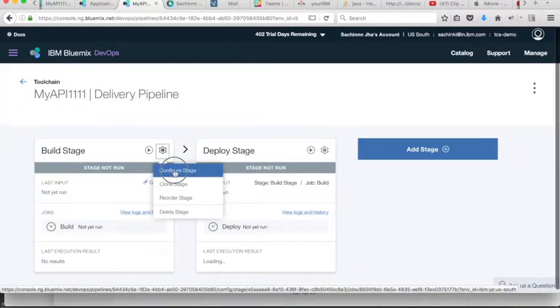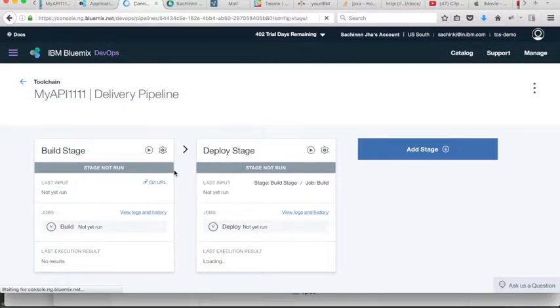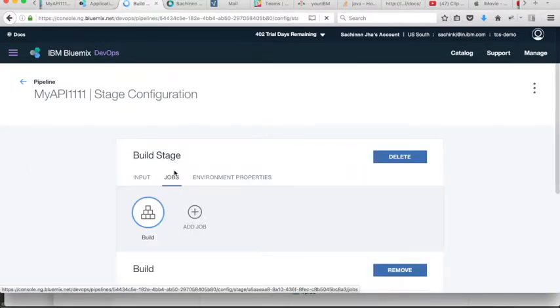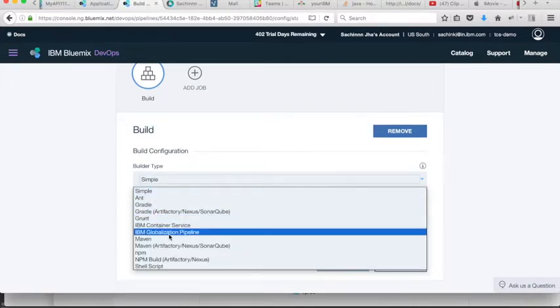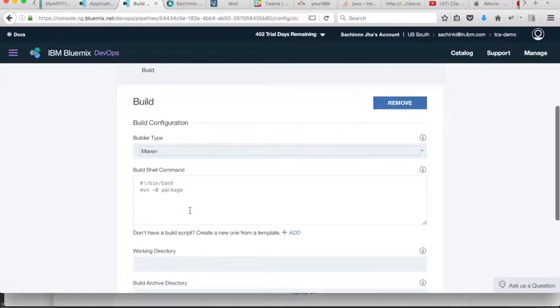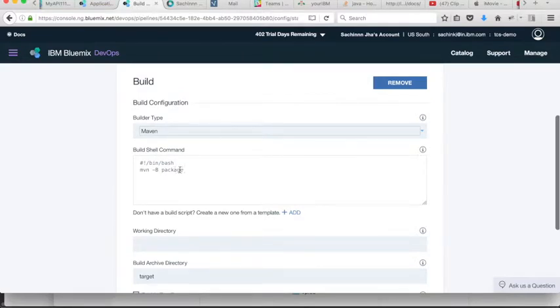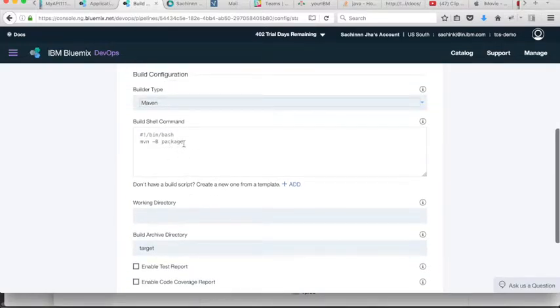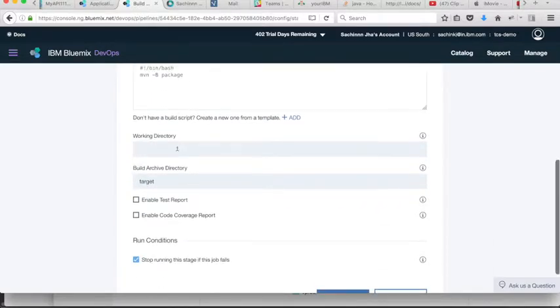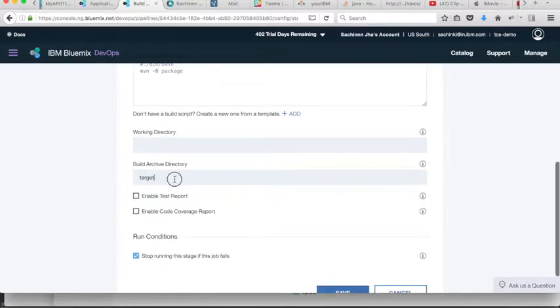So what we need to do here is we're going to use the application that we're going to write. It's going to use Maven for our build. So I'm going to change this and use Maven. This is the default shell command. This is the default Maven goal, which will be used for doing the build. If you want to use something else, then you can go and modify that. But we'll keep the default, and